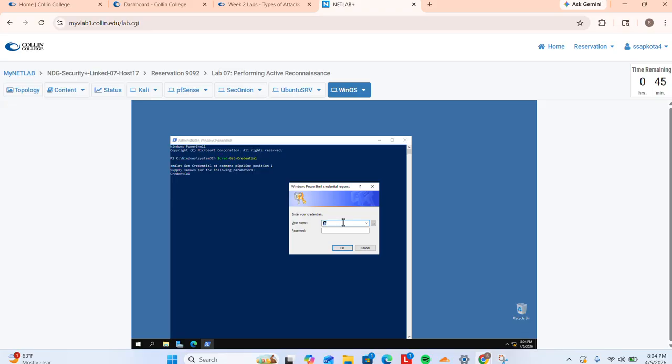So then after this step it is asking me to enter username, and I am typing administrator as username and the password. And after this step